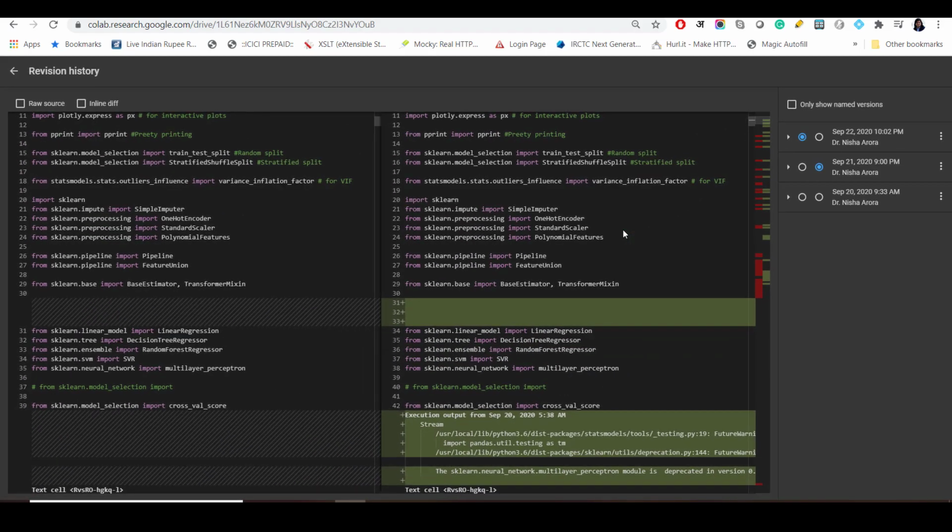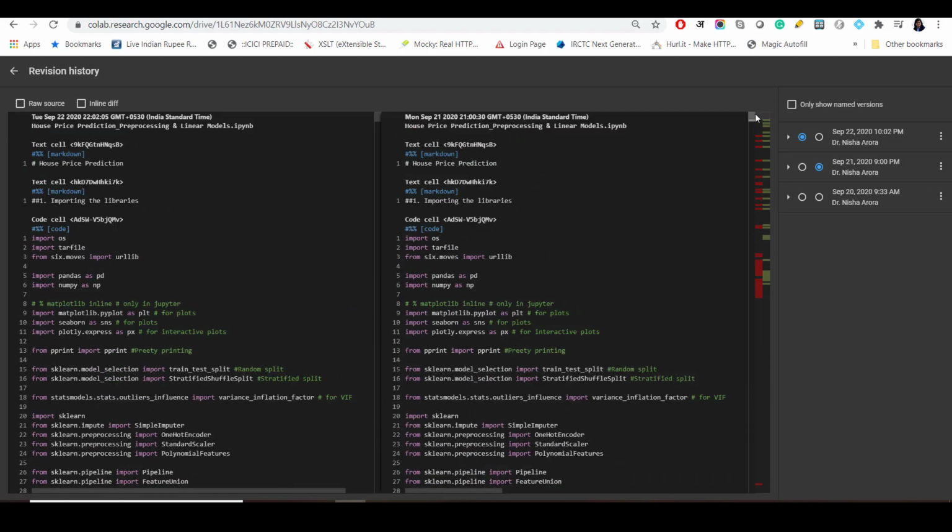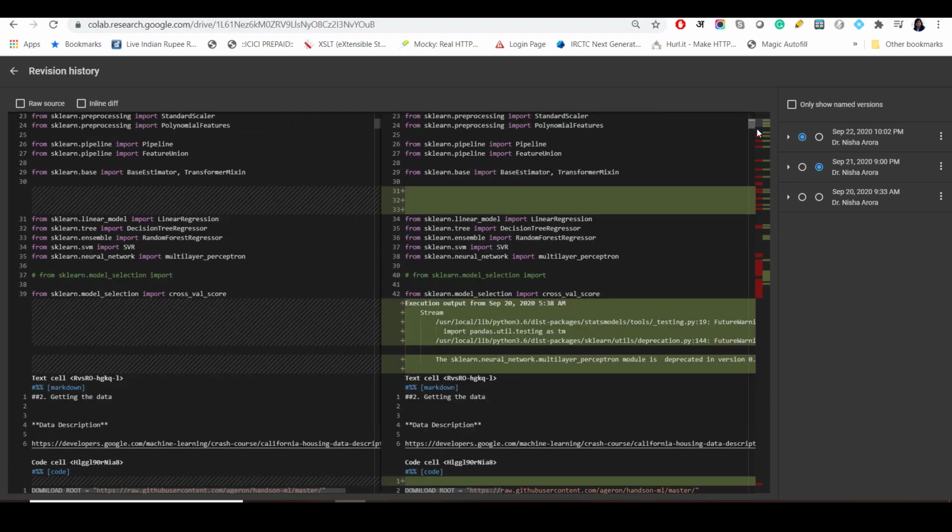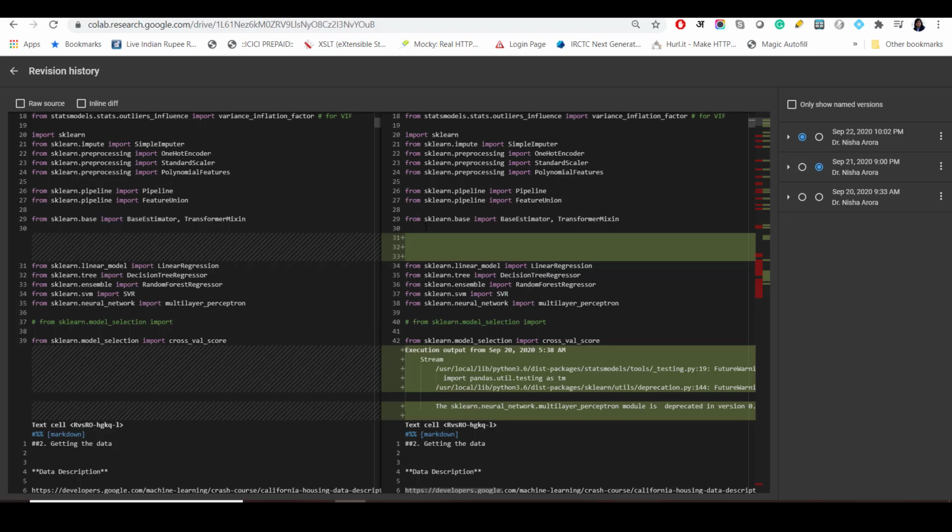It's very similar to how we compare different files. You can see the red and green shows where the differences are. So you can just scroll down and see. For example, you see here line number 29, there is some code written to import BaseEstimator and TransformerMixin. Line number 30, then line number 31, this code is there. But in the file on the right hand side, we have three blank lines in the code, lines 31, 32 and 33. So this is the difference.